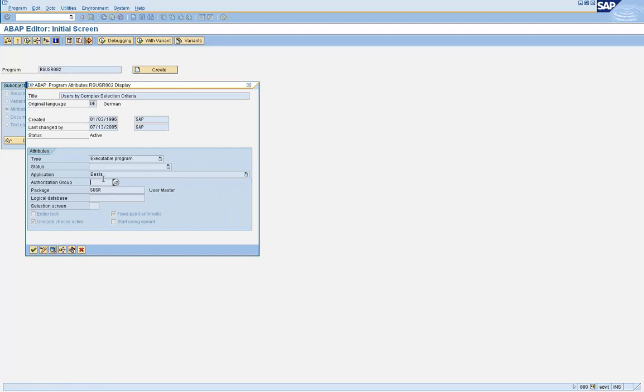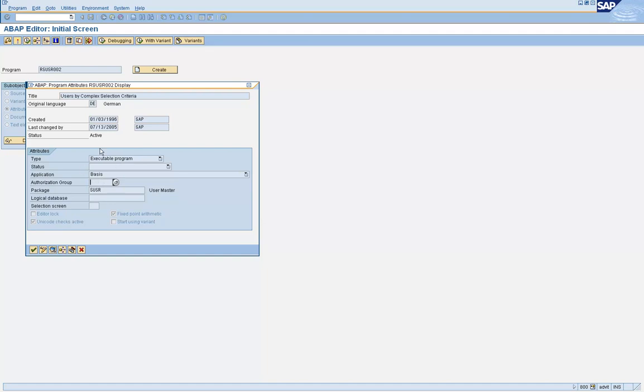So the developer who creates the program, when he has to enter a value here, there is the authorization group. Whatever value the user assigns in this field in the attributes for the program, that program would belong to that particular authorization group.